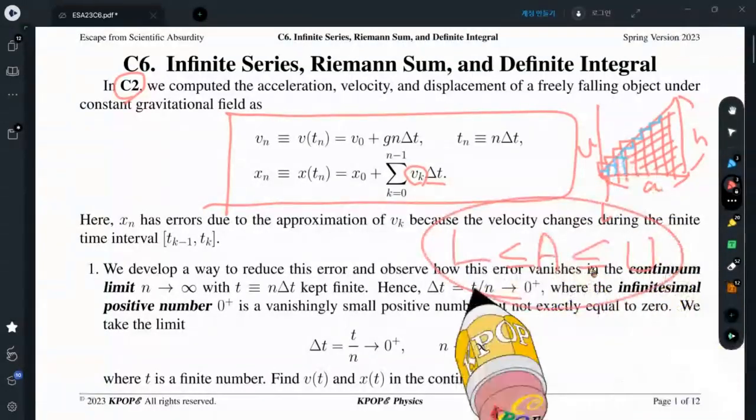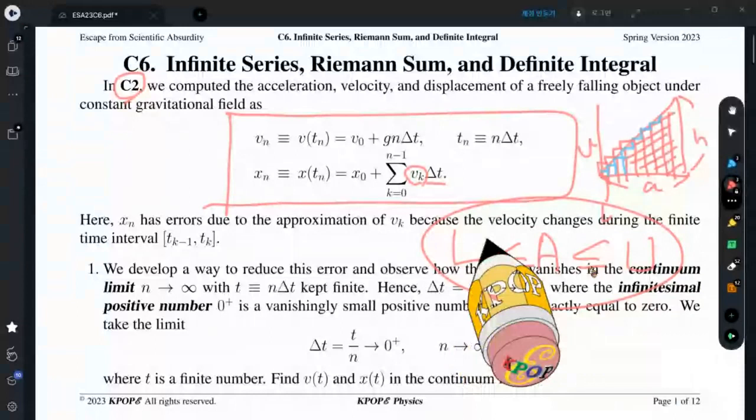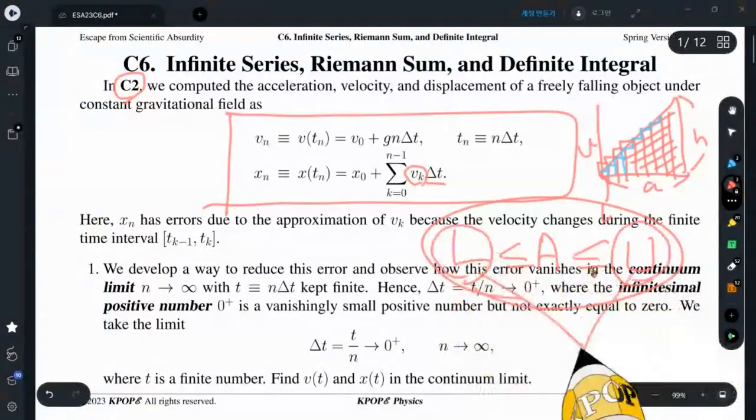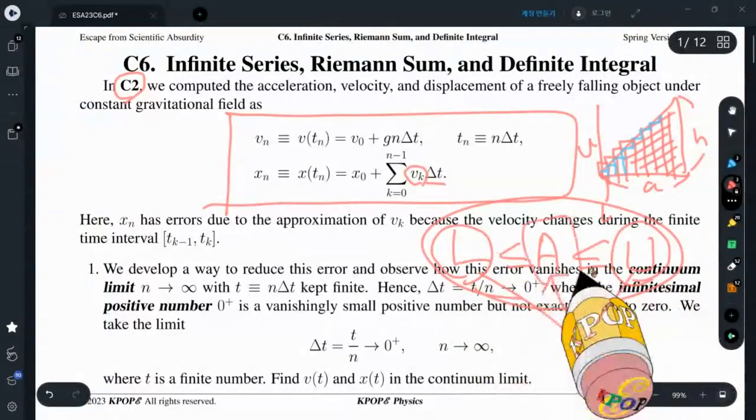However, we have found that these two numbers collapse into a single number that is identical to the